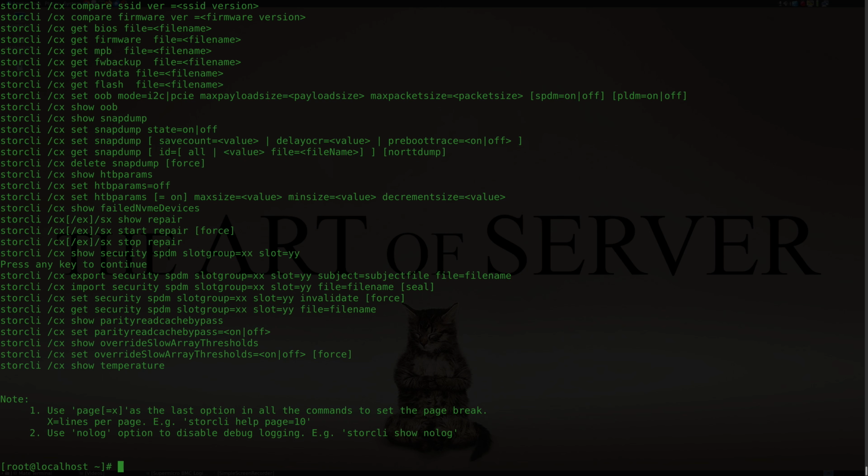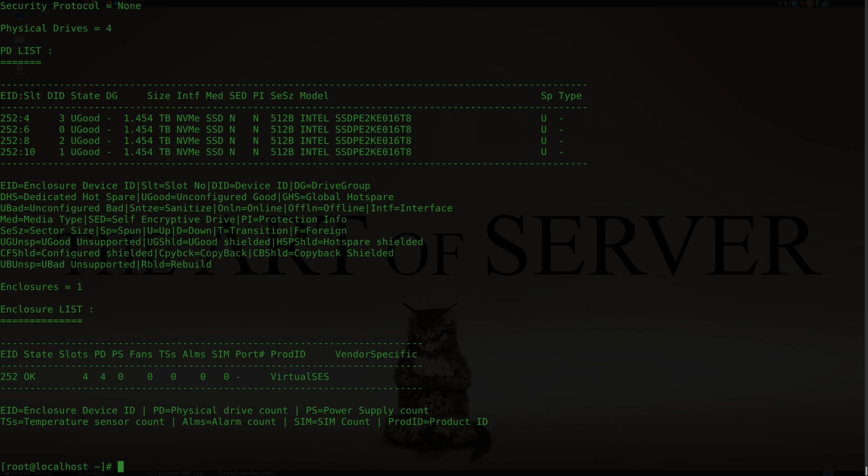All right, so let me first show you guys how to run storcli just to look at the controller. You do /C for the controller, followed by a number, which is the index number of the controller. In my case, I only have one controller in there, so it's going to be 0. If you have more than one controller, then you have to figure out which number it is. I'm going to do a show all, and again, this is just going to scroll by with a whole bunch of information. Let me add the page